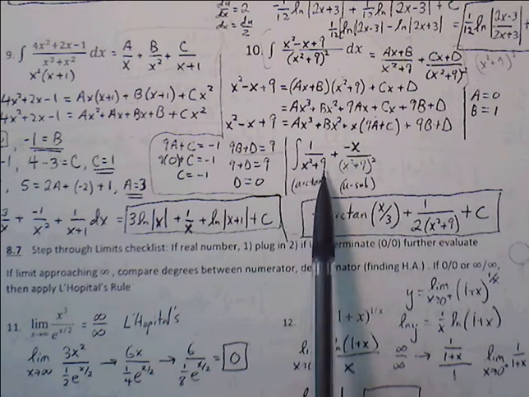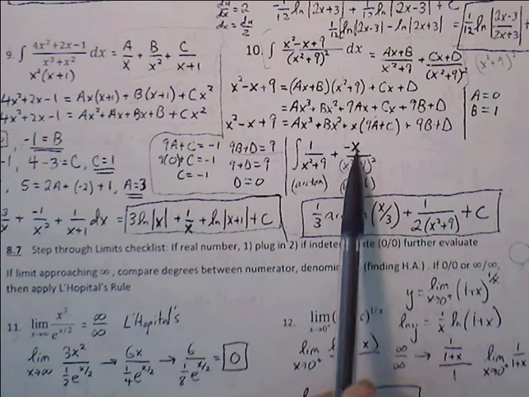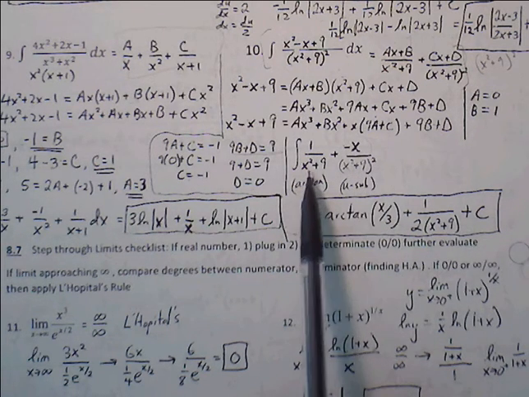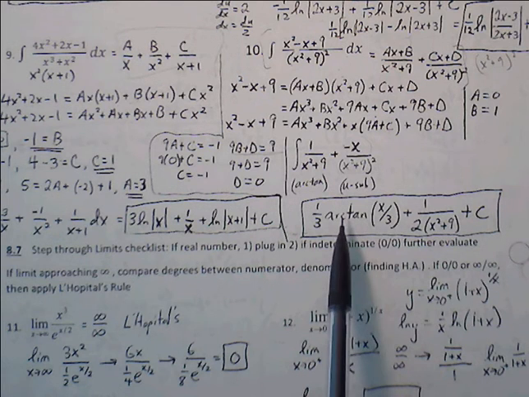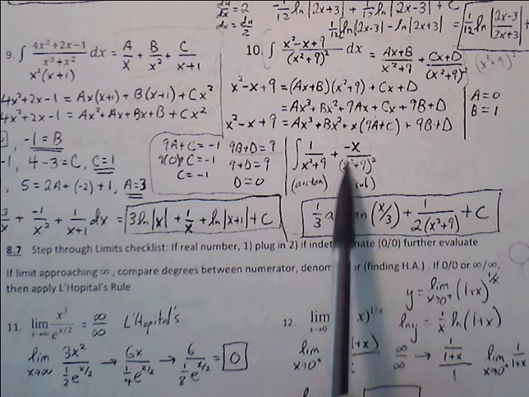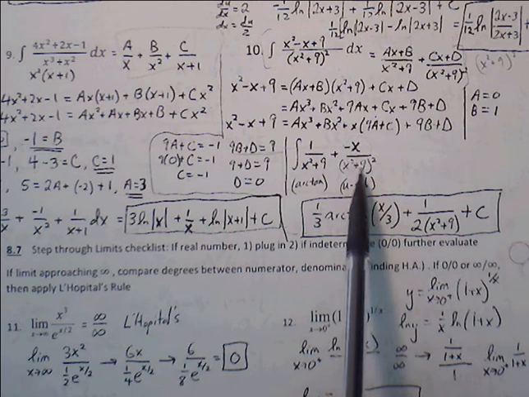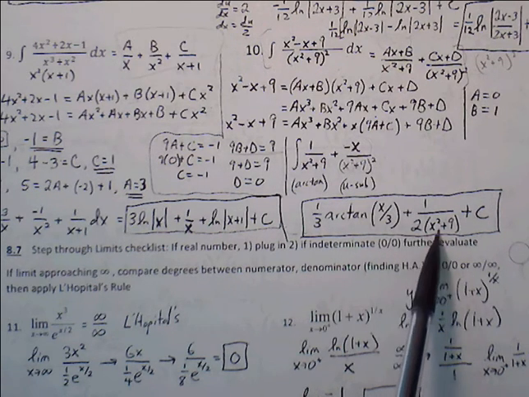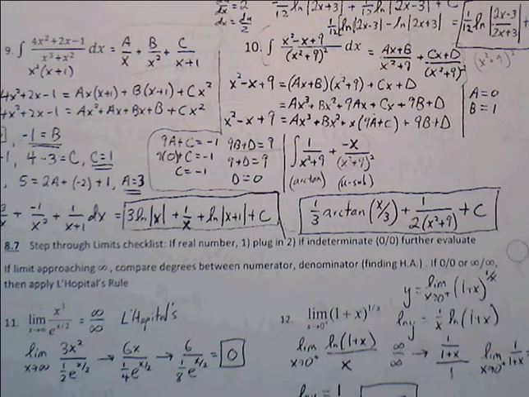1 over x squared plus 9, which is our tangent rule. -x over x squared plus 9 squared, that's a u substitution problem. So go through arctangent to figure out this 1/3 arctangent x over 3. Go through u substitution. Let the u value be x squared plus 9. Find the indefinite integral, and we're left with 1 over 2 x squared plus 9 plus c. Okay,